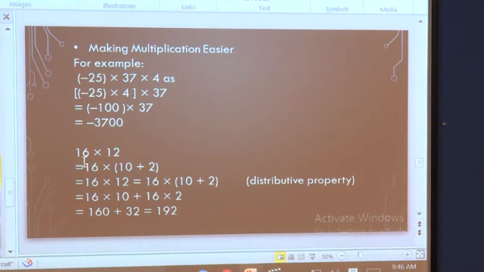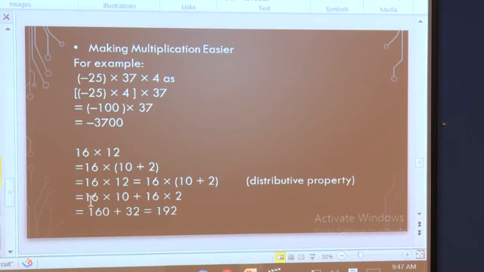Now, we will go for one more example which will again show you how to do the multiplication very easily. Here we are having 16 multiplied by 12. How do you write 12 in the expanded form? Yes, it is 10 plus 2. So, again we will use the distributive property and do the multiplication here. So 16 we will multiply once to the 10 and 16 will be multiplied once to the 2. So 16 multiplied by 10 plus, here we are multiplying 16 to the 2, so 16 multiplied by 2.